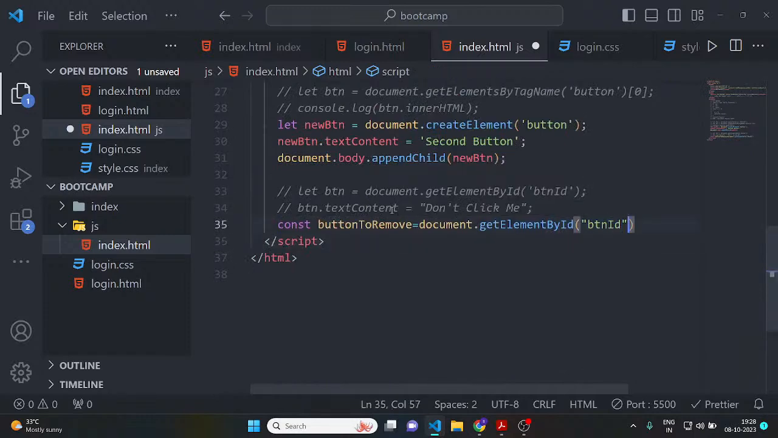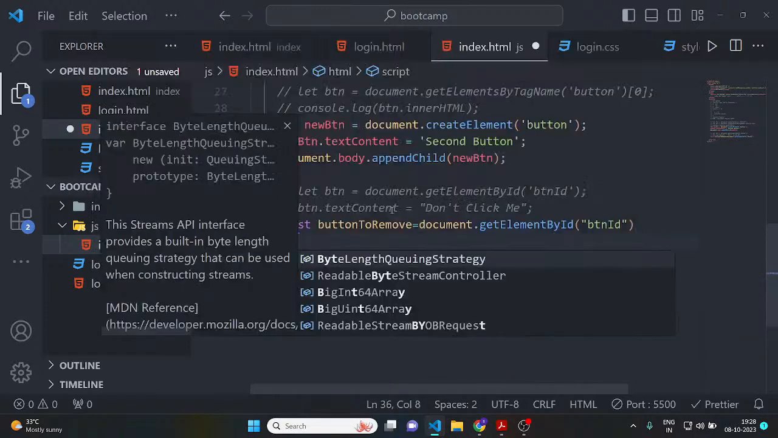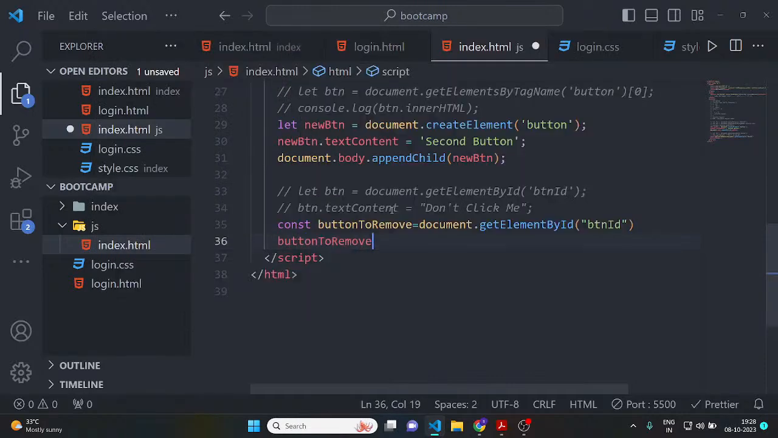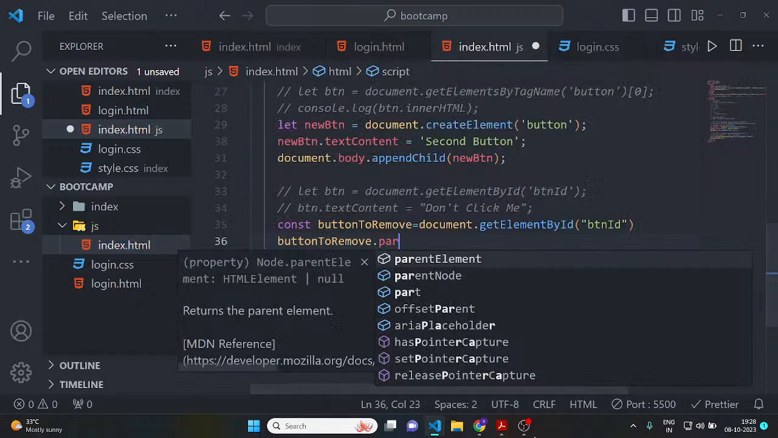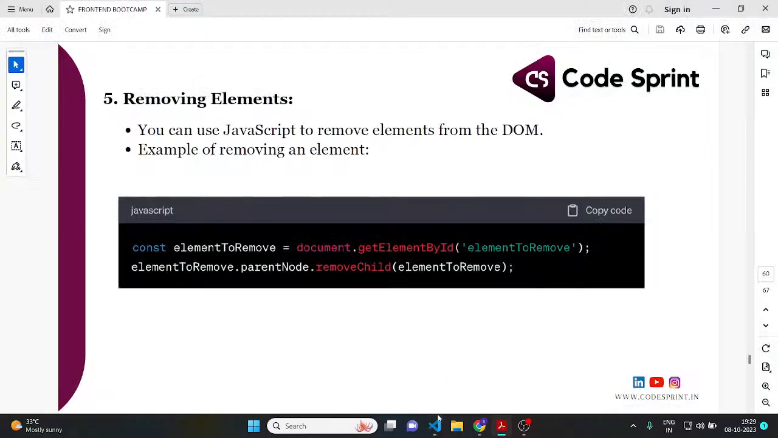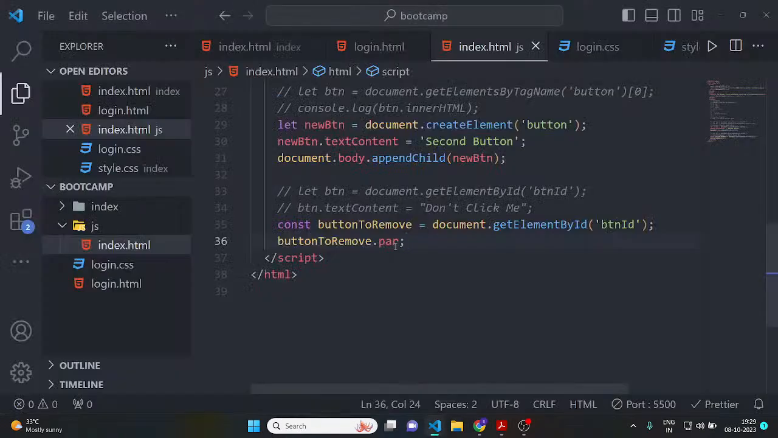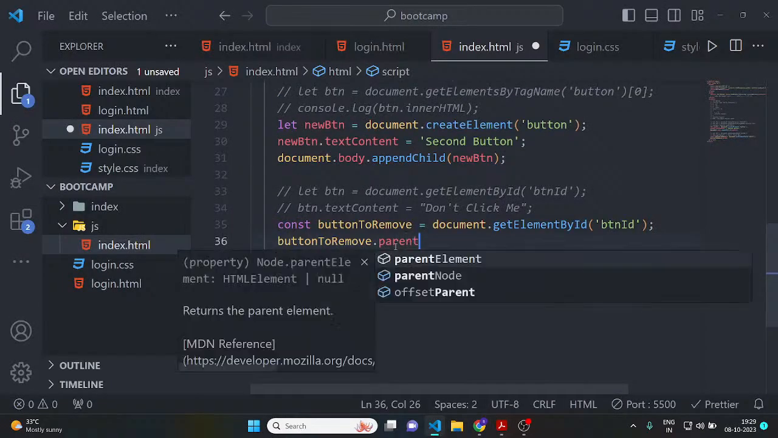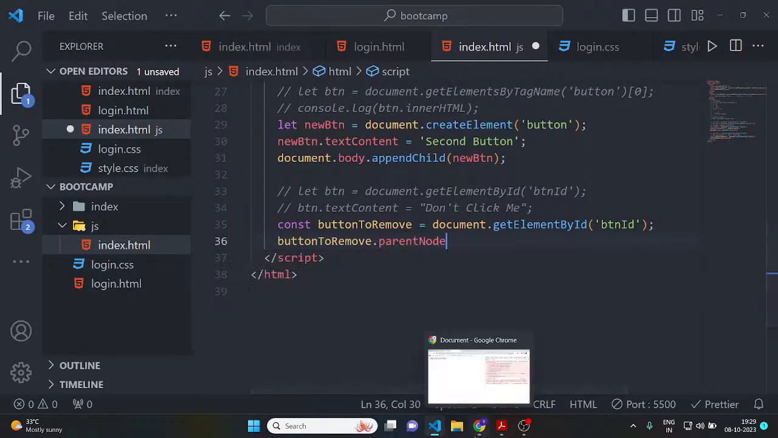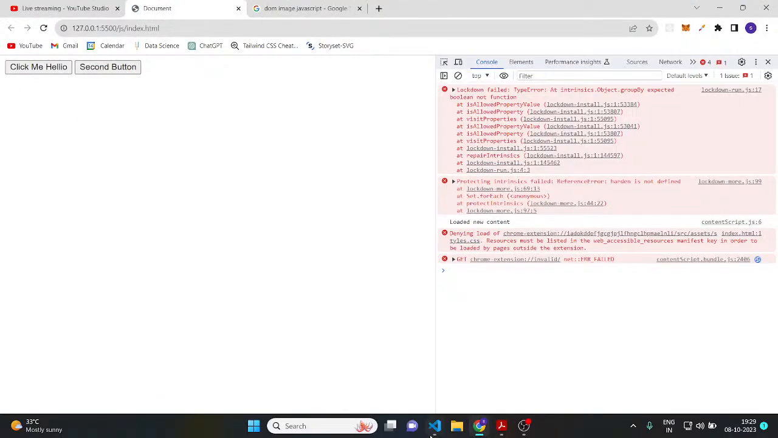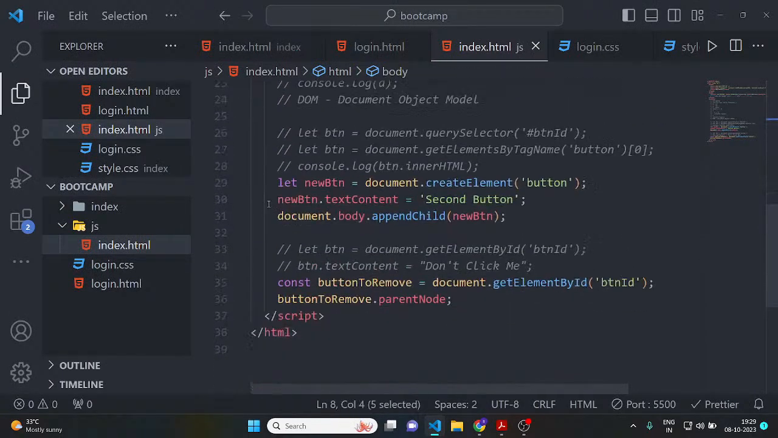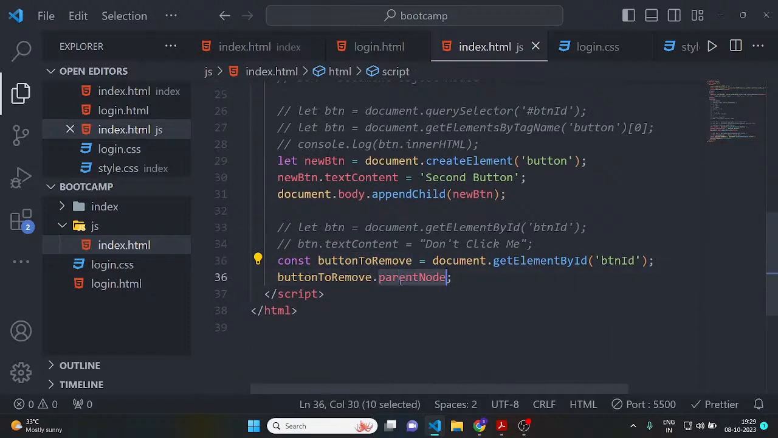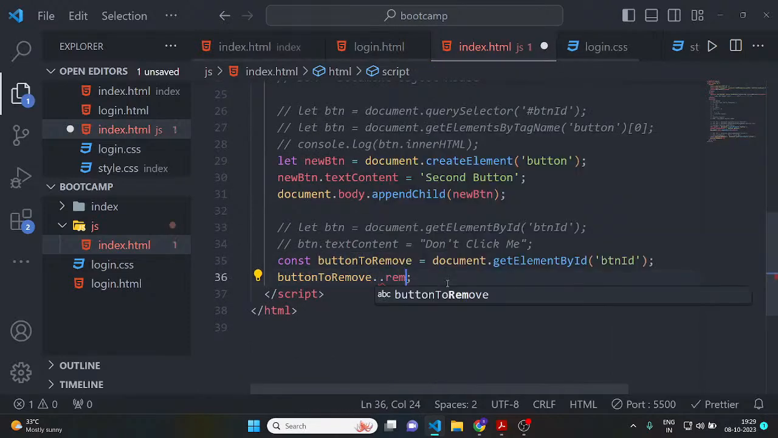Now to remove this button, first of all, I'll select this button. buttonToRemove.parentNode. First of all, we are going into the parent. I'll show you, the parent is body. This is a child element. This is the parent. We are selecting the button, then the parent node of that button, then remove